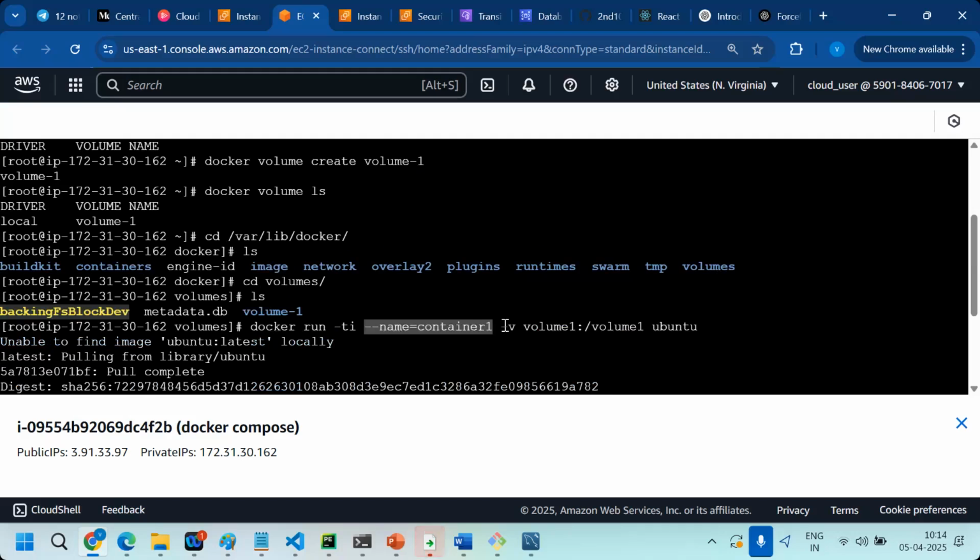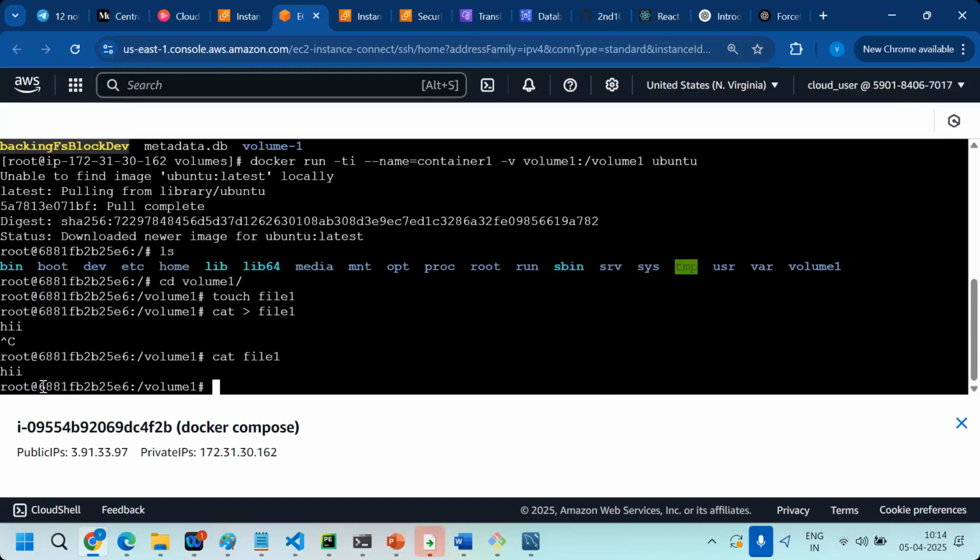If I don't specify, it will take the default name and the default volume, which is not persistent. But I'm specifying my already created volume1, to mount on volume1 only. After the container is created, I navigate to volume1 and create a file there. Which means, for example, if I exit or press Ctrl+P+Q,